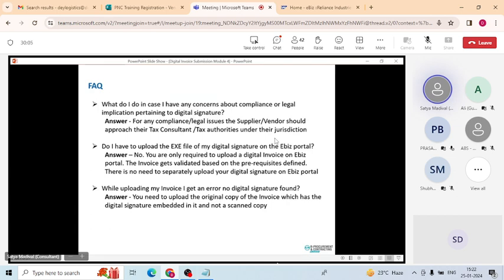Now, the next question is: while uploading my invoice, I'm getting the error message "no digital signature found." If you are getting a message on screen that no digital signature is found, there may be two chances. One, the invoice copy you are uploading may be a scanned copy, meaning you prepared the digital signature properly, but you took a printout, signed manually, made a PDF again and uploaded it. The next possibility is that the signature which you have purchased